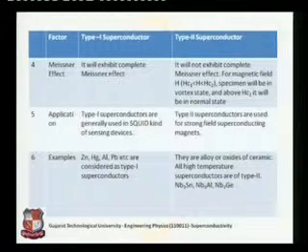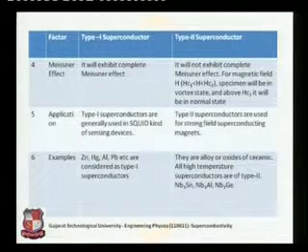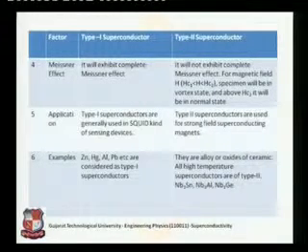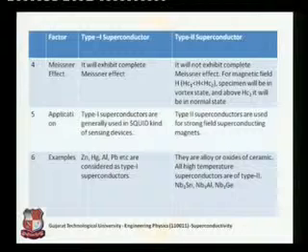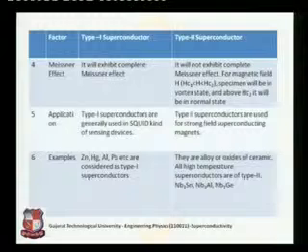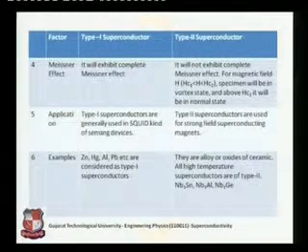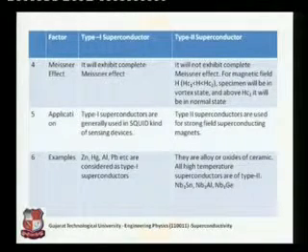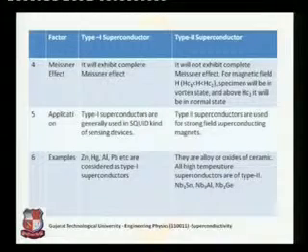Okay, the fourth point of difference is the Meissner effect. You know that we already discussed the Meissner effect in a previous session. The Meissner effect is the exhibition of diamagnetic behavior of the material. We also know that we have already proved that superconductors are perfect diamagnets. So if we talk about the Meissner effect in both cases, type 1 superconductors exhibit a perfect or complete Meissner effect. That means if you lower the temperature below Tc, it is going to expel the total magnetic field which is passing through the material. It is not allowing any magnetic field to pass through the material.